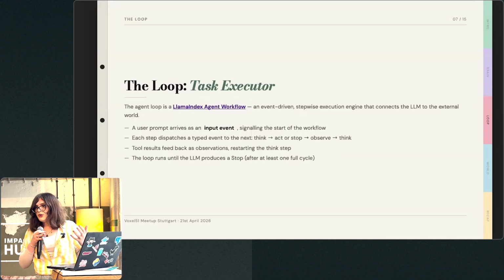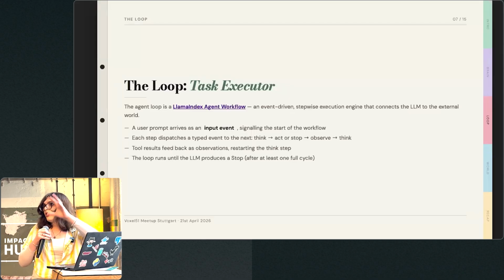Obviously, this doesn't do anything on its own. We need to have a task execution layer, the control flow I was mentioning before, the idea of how the agent runs. And in order to scaffold the agent, we use the first building block that at LlamaIndex we offer, which is called LlamaIndex agent workflows, or Llama agents, if you prefer shorter names, which are an event-driven, async first, stepwise execution engine. That is a lot of words, but basically,